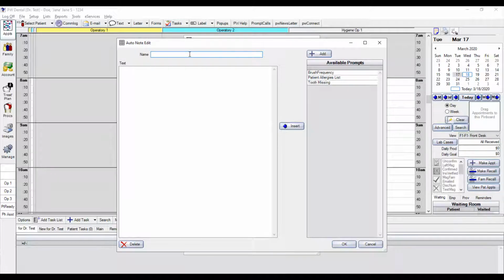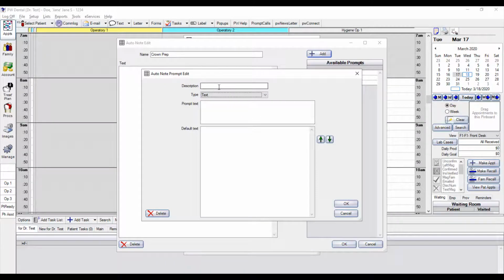In this case, we'll name our note Crown Prep, and then we're going to start by adding in our prompts to construct our note. To add a prompt, click on the Add button above the prompt list. Once we're in the AutoNote Edit window, we will call our prompt Provider's Name under the description section. Under Prompt Text, we will enter what we want the prompt to ask the user, so I will add doctor's name,